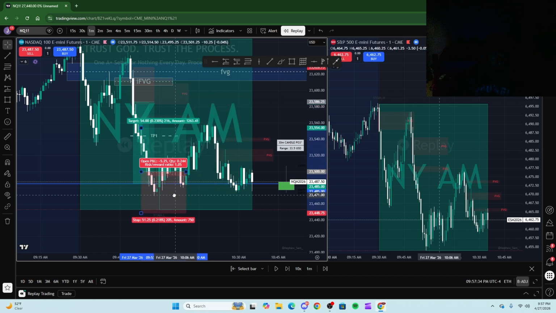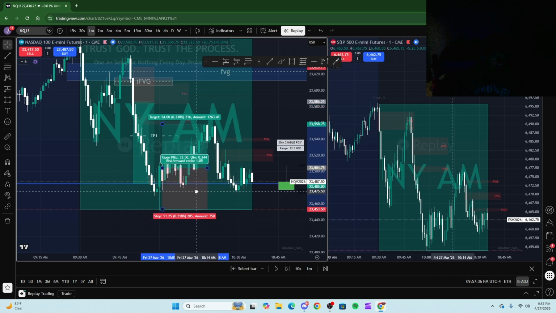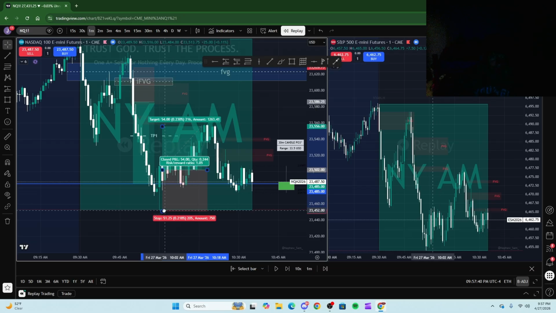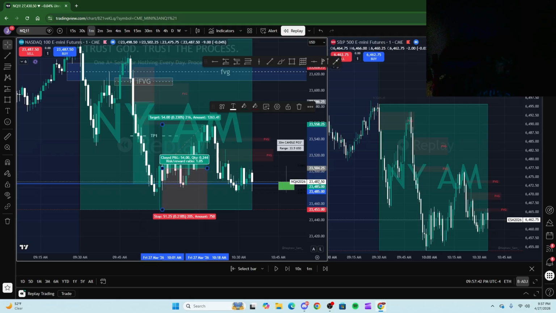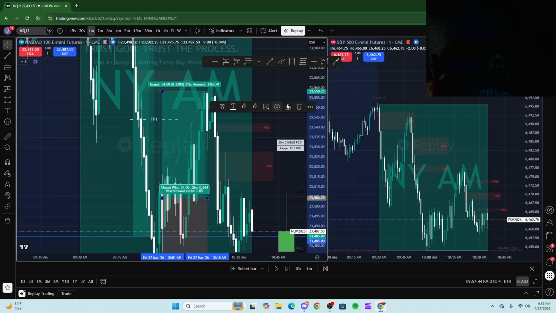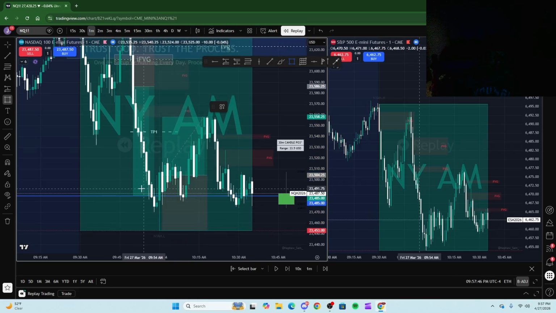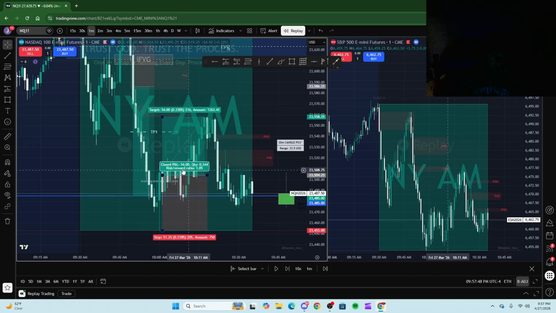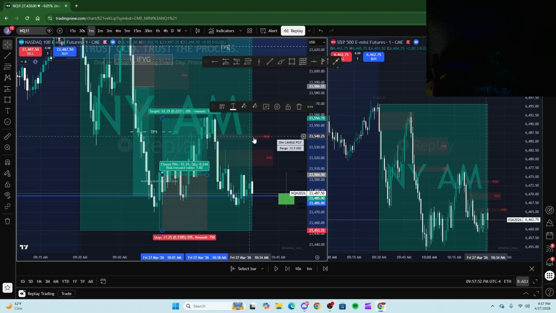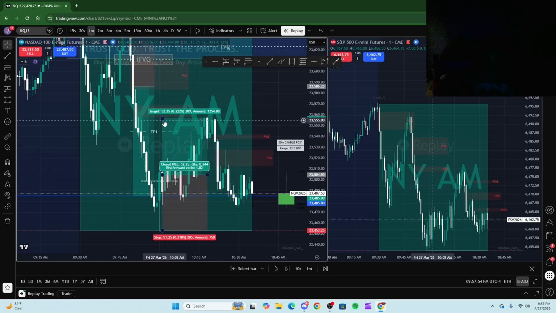Oh, I just realized you could have taken this as well. You could have taken this. Probably would have been a 30-second as well. Stop below the low, and that would have hit. So actually, never mind. It does work. Because you have this 1-minute gap. Get inversed. Stop below the low when the 1 gets hit. Pretty easily, actually. Okay, cool. So, yeah, that is... what do you know?